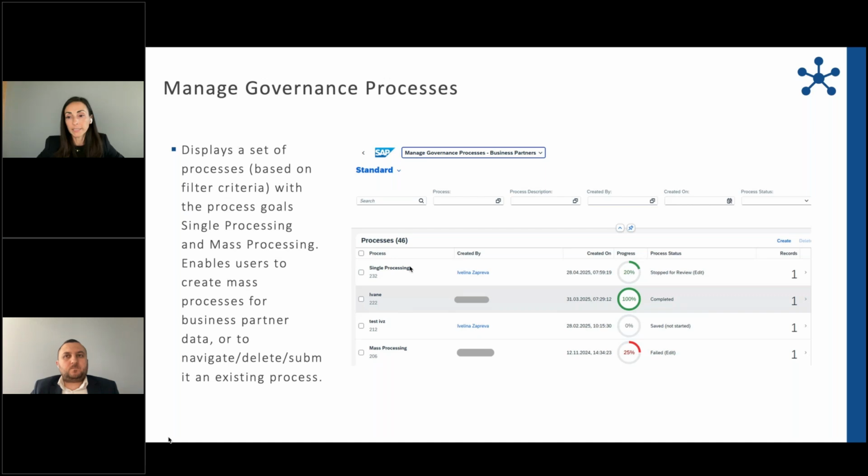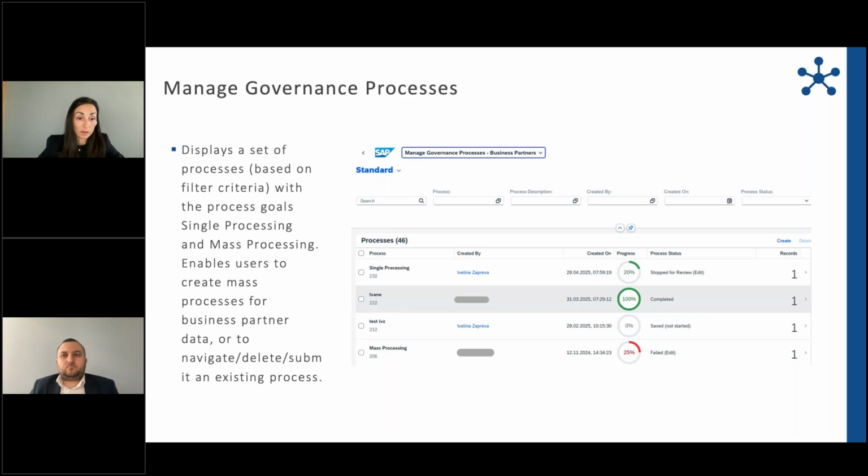Also, it's good that we can see the number of records like in a consolidation process. And that's also the reason why I started with this new feature for a seamless UI, where everything is now governed through the same processes, and even our regular business partner creation processes look like the consolidation ones.